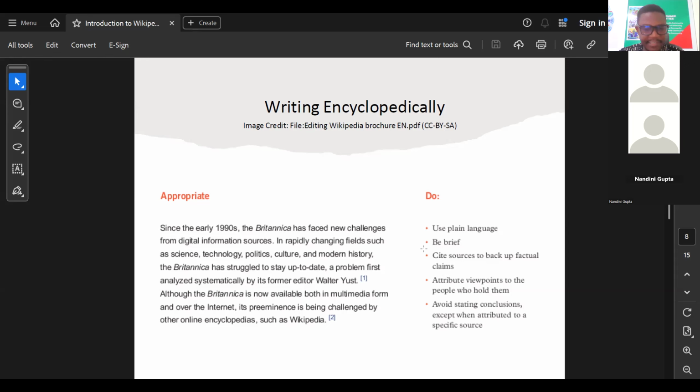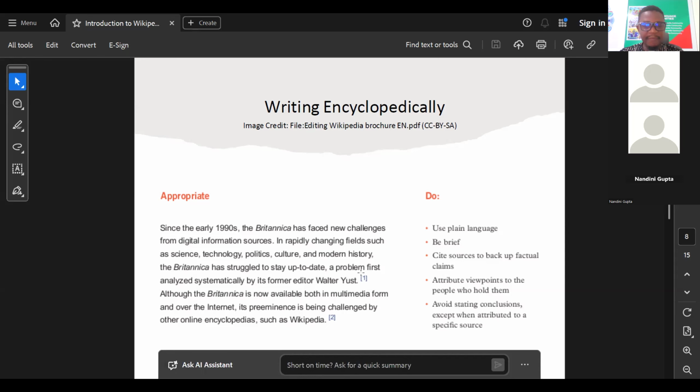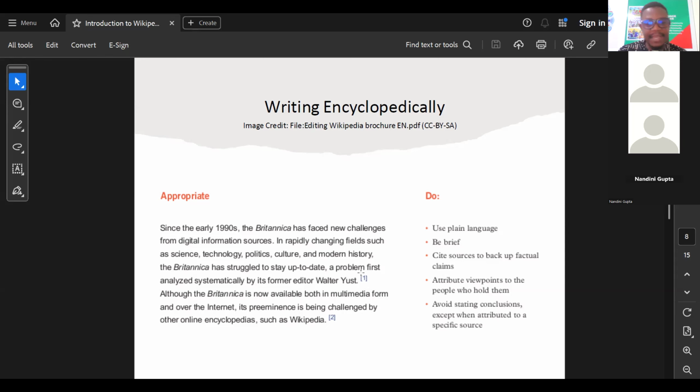It is also using citations, as you can see, citation number 1 and 2. Everything that you put on Wikipedia should be backed by a reliable source. So this reference, if we go to the main page of Wikipedia, you see that every mark you see, 1, 2, represents citations from secondary sources. One other important thing that I didn't mention in the beginning is Wikipedia is actually not a primary source of information. If you are looking for up-to-date news like breaking news and all of that, that is not a place to find that information.